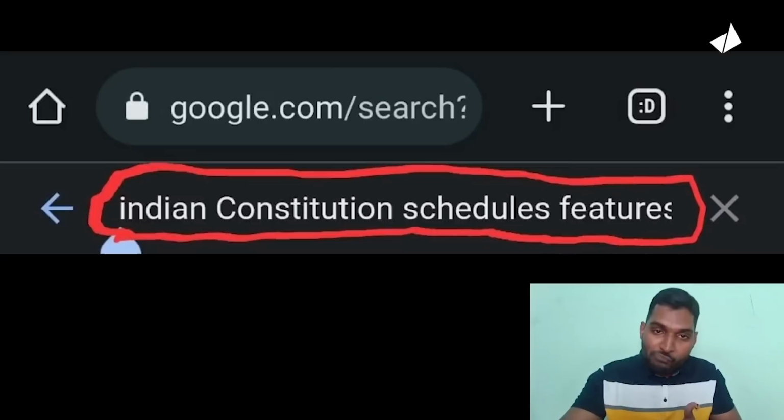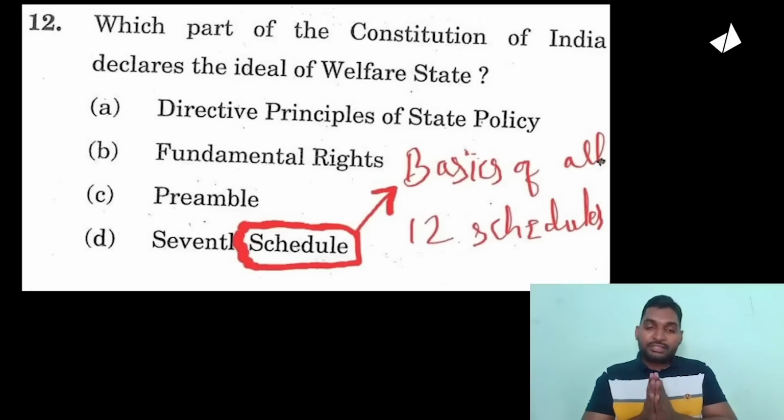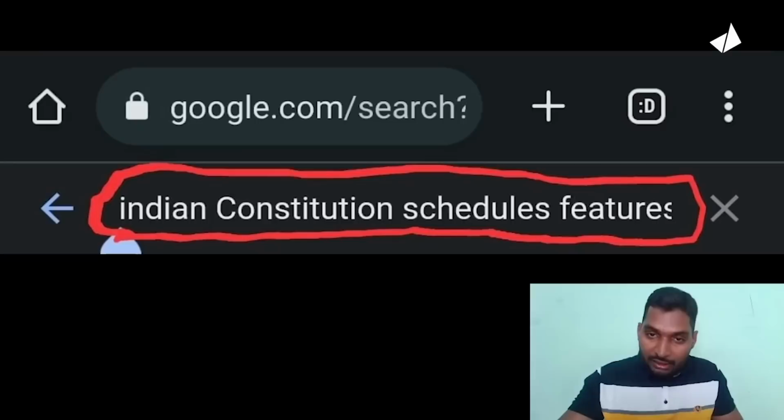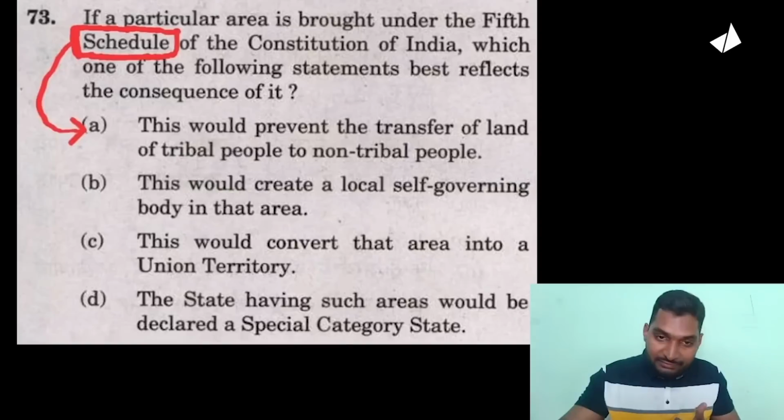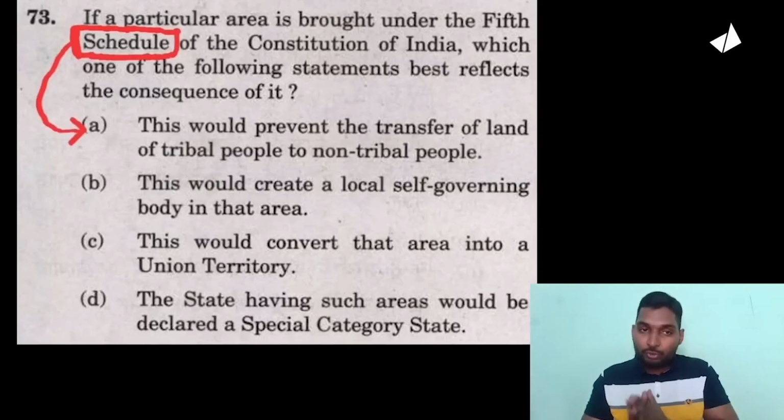So what did we do here? We saw this question from 2022 prelims paper. We did level 1, level 2, level 3 and a level analysis of PYQs, and we probed basics of all 12 schedules, and among which this was the description of the 5th schedule, and we came to know that it has this particular provision under its ambit, that it restricts or limits the transfer of land to non-tribals, and we had this direct question in 2022 which we could derive using level 3 analysis of PYQs. Moving ahead,